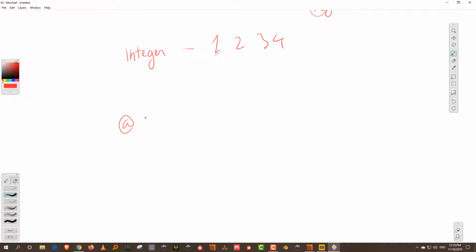So if we say @hello, before that you need to define what type of attribute it is. If it's a float attribute, you type an F. So this will become a float attribute. If you want a vector attribute, you type a V, so it will be V@hello. And if you want an integer, then you do I@hello. That does not look like an @ sign, but this is basically it.